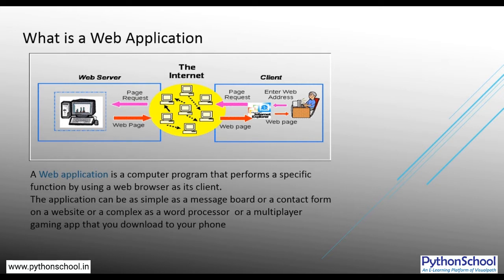So basically a web application, if I summarize it, is a client server computer program in which the client, which is a user interface, runs in a web browser. And common applications of a web application, as I told you, are online webmail or an e-commerce platform like flipkart.com, amazon.com. So all these web applications are based on a client server model. So let's start with the client server model.